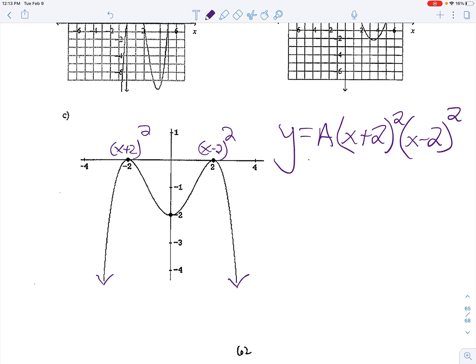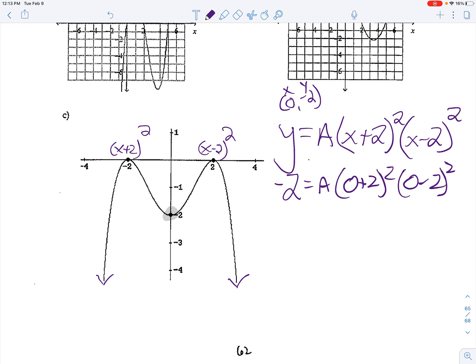All right. And then we're going to put a point into this equation for x and y so that we can solve for a. Remember, it cannot be a root. A root will not get you that a value. If you remember, you'll have 0 equals 0a. So we do have the y-intercept here, and the y-intercept will be good. If you plug in (0, -2) into this equation,